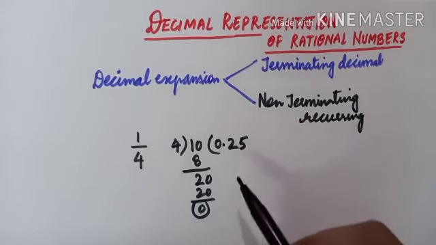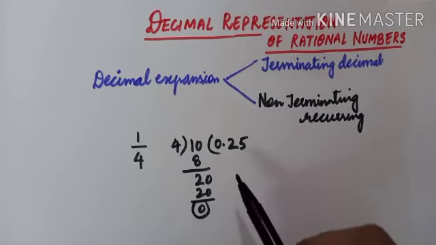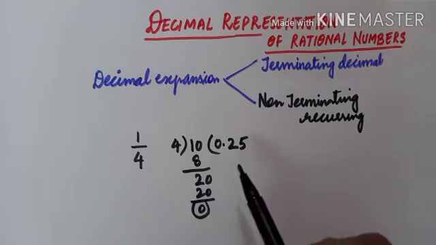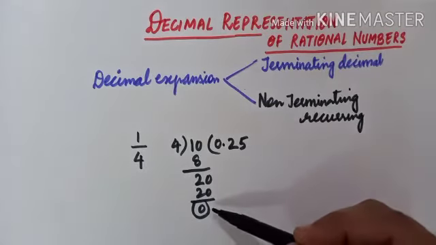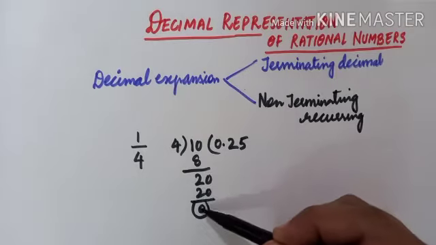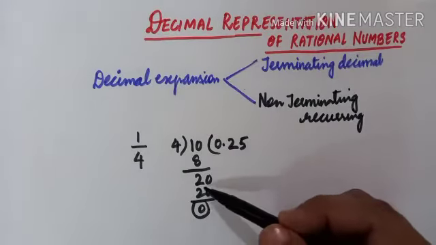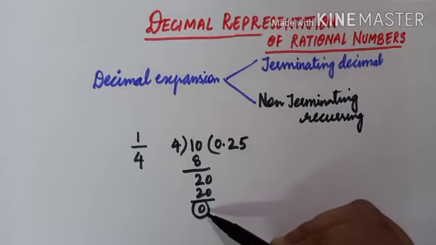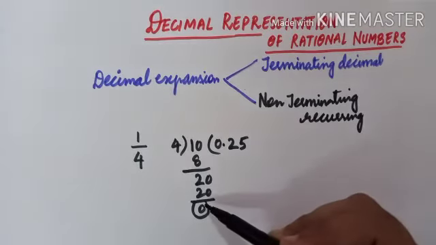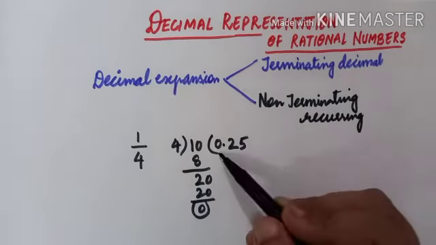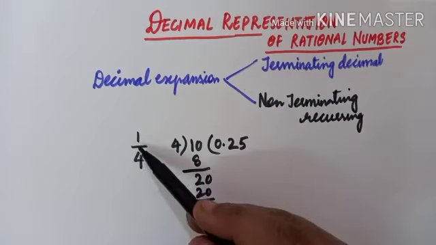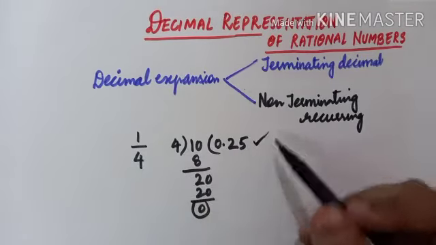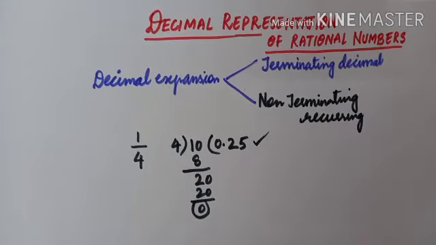So this decimal we can call a terminating decimal expression. Why? Because the division process came to an end after some steps, after some steps you're getting the remainder as 0. You're not getting any remainder, no remainder is left over here, and after a finite number of steps only you're getting that. So this 0.25 we got for 1 by 4. This type of decimals we call terminating decimals.